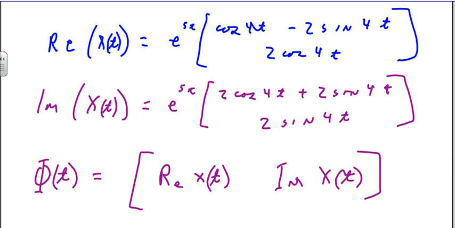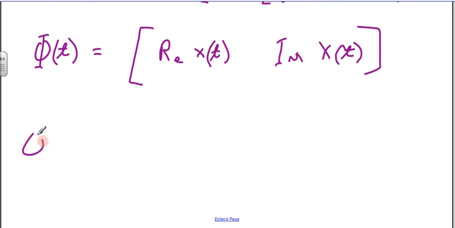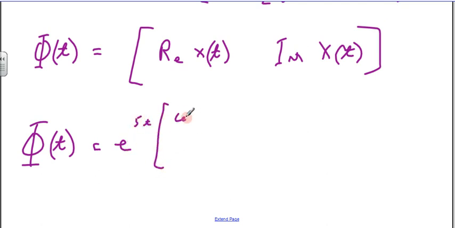And so iota of t becomes e to the 5t cosine 4t minus 2 sine 4t, 2 cosine 4t,